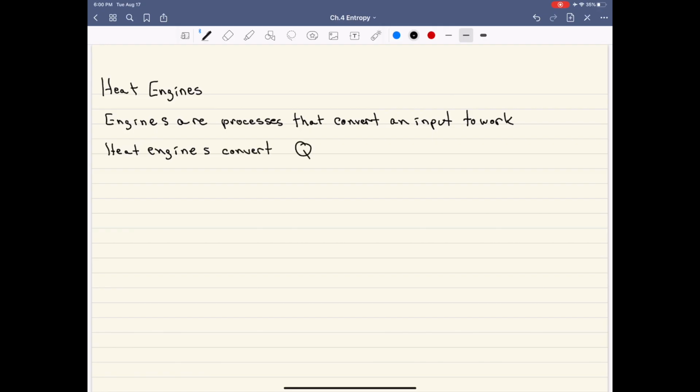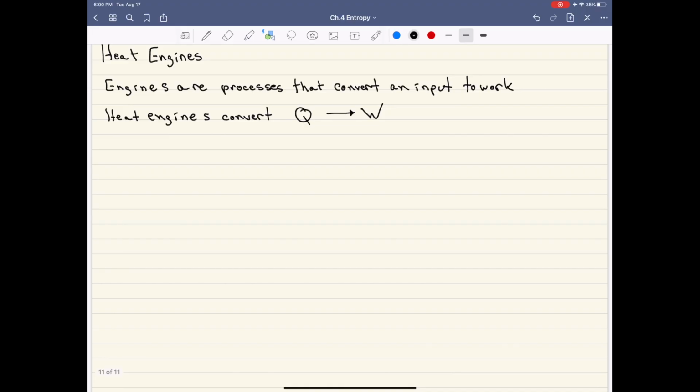So Q to W. All right, and so we're going to explore the concept of heat engines, and we're going to compare two different types of heat engines. One that undergoes a reversible process, and another that undergoes an irreversible process. And so the heat engine we're going to talk about is we're once again going to revisit a piston cylinder sort of system. And so initially in state 1,